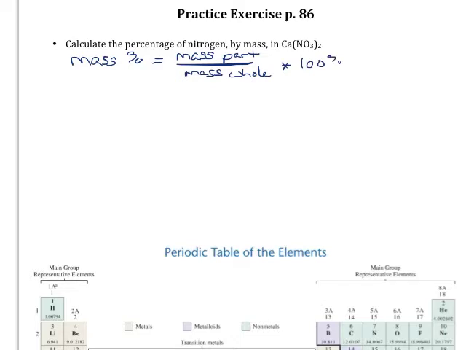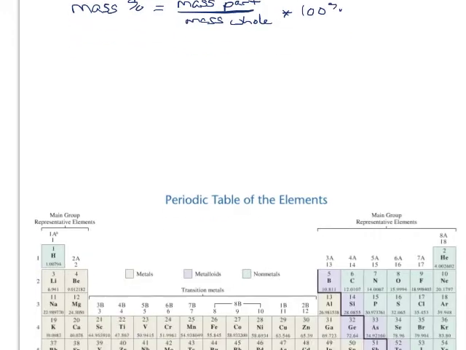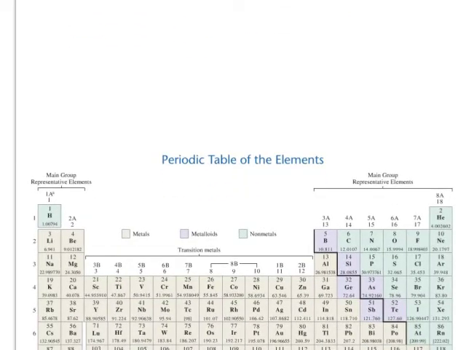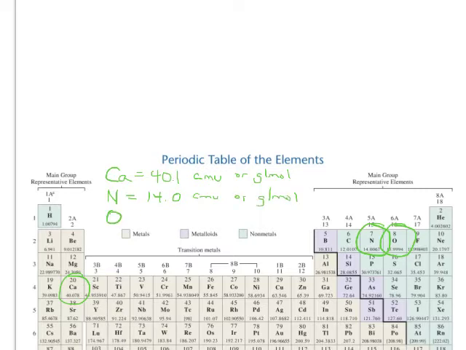So from previous problems, we already calculated the molar mass of this, but you can look at the periodic table just to double check. We're going to need the mass of calcium, of nitrogen, and of oxygen. And remember that when we do these calculations, we round to 1 decimal place. So calcium, we're going to use as 40.1 atomic mass units, or grams per mole, doesn't really matter, as long as you use the same unit for all of them. Nitrogen is going to be 14.0 atomic mass units, or grams per mole, however you want to do it, and oxygen is going to be 16.0 atomic mass units,